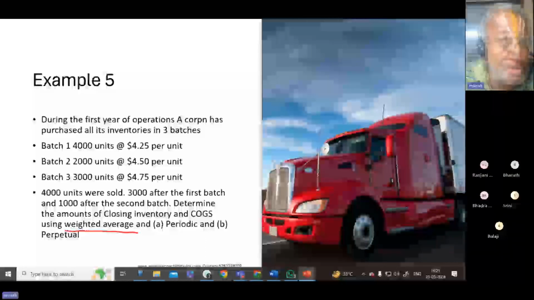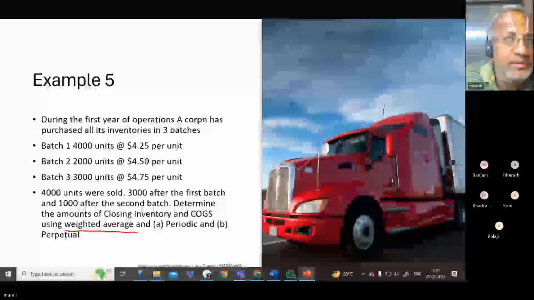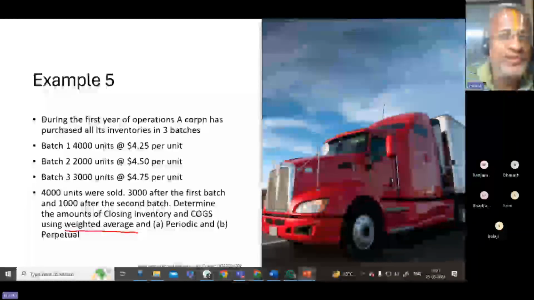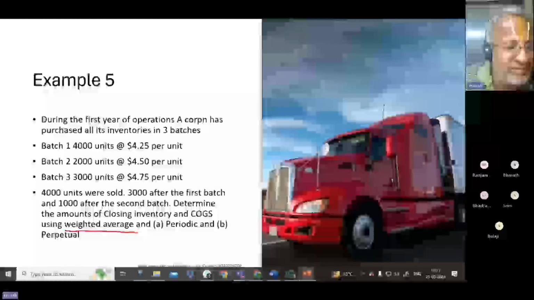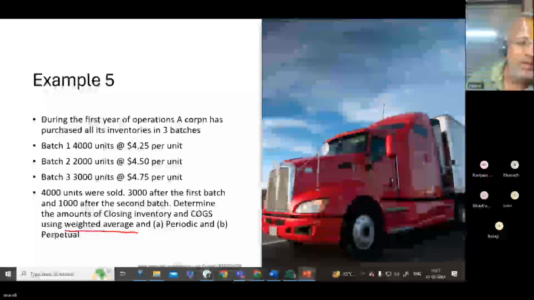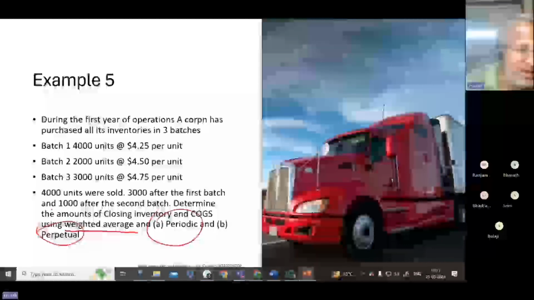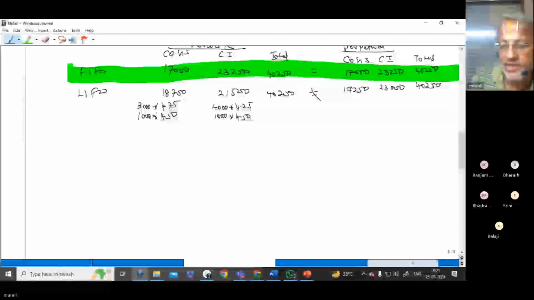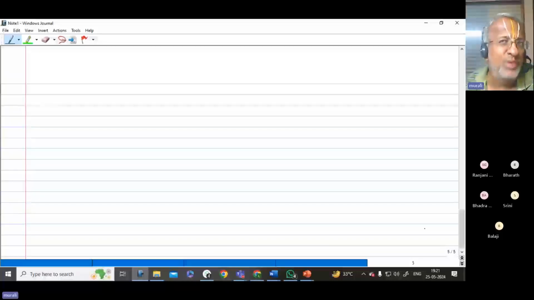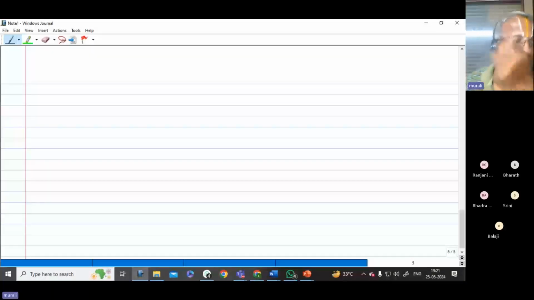Say weighted average. See, normal weighted average is one thing that you have. Moving weighted average is also another thing that you have. So normal weighted average is going to be periodic. Moving weighted average is perpetual. I will tell you how it is to be computed. So it will be very interesting. Only when you start working out a lot of problems will you get to know, oh, this much is there in inventory.